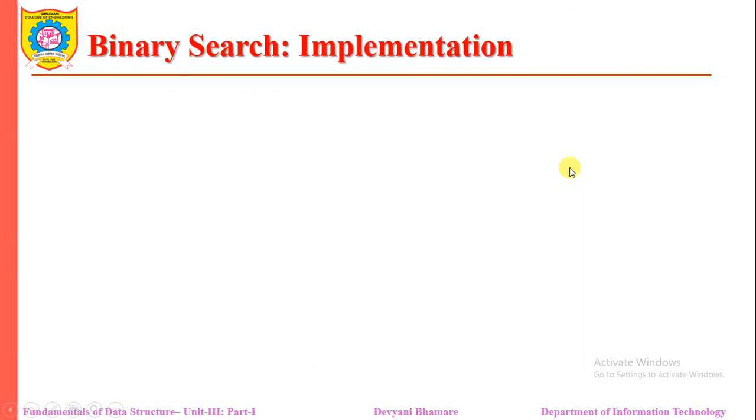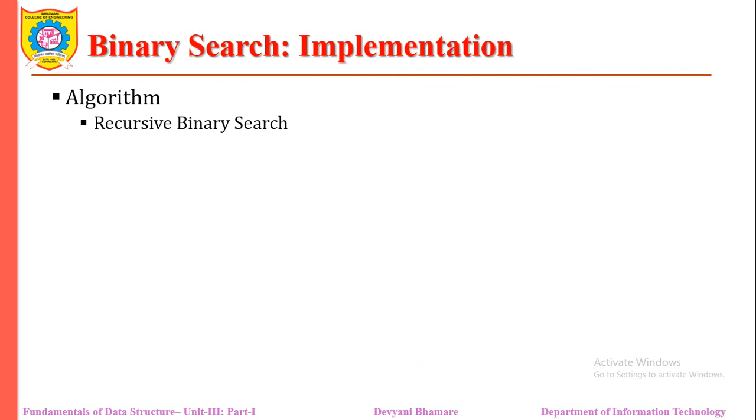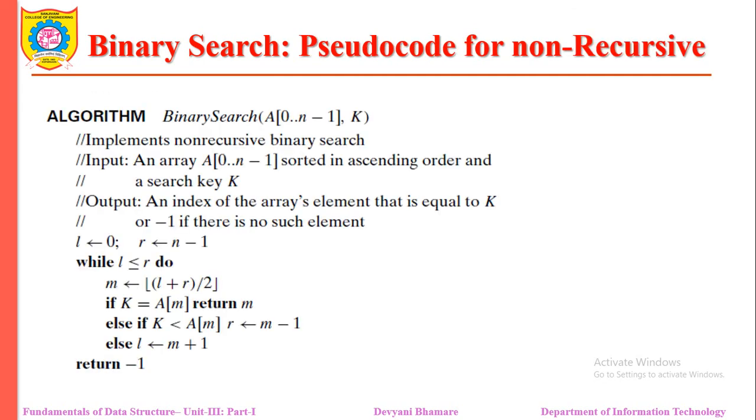So let me think about how we are going to implement such a binary search. There are two ways to implement our binary search algorithm: recursive and non-recursive. Let me see the non-recursive one. In this, a function is not going to call itself. Here we have L and R, the left and the right. Left points to the 0th index and right points to index n minus 1.